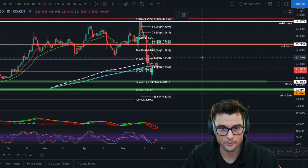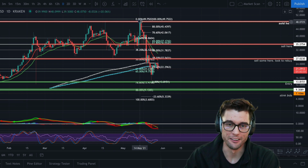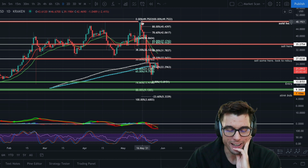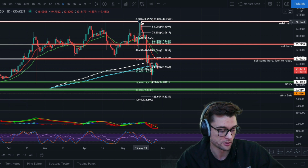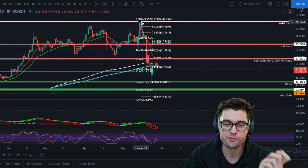Honestly, even this is a good sell price. I knew it was gonna drop from right here. I was like, oh man, this is gonna drop. But I only sold 25% because it's in my long-term portfolio. I'm trying to stick by my rules: don't touch your long-term portfolio, all that stuff. But I'm gonna convert so much money to my trading portfolio because